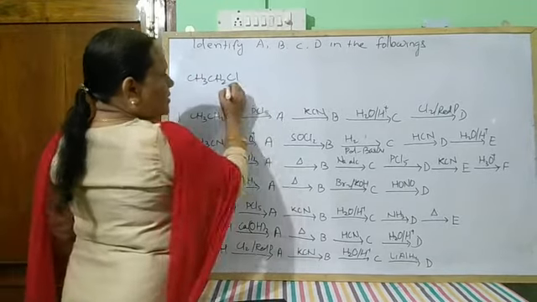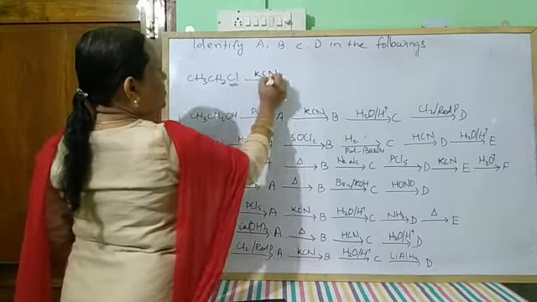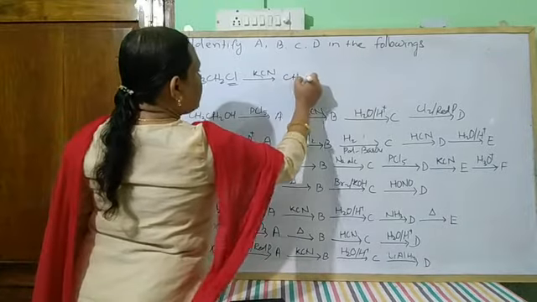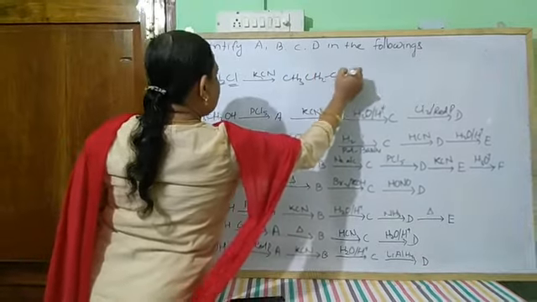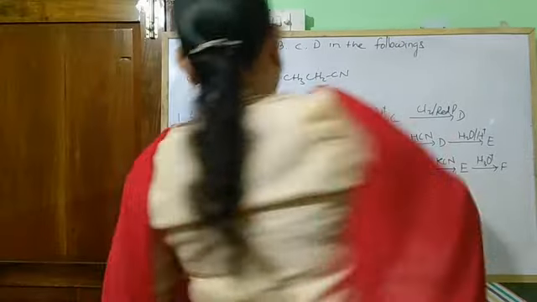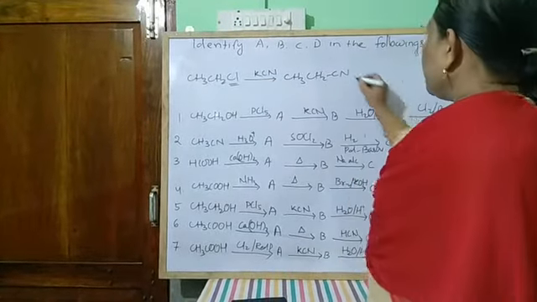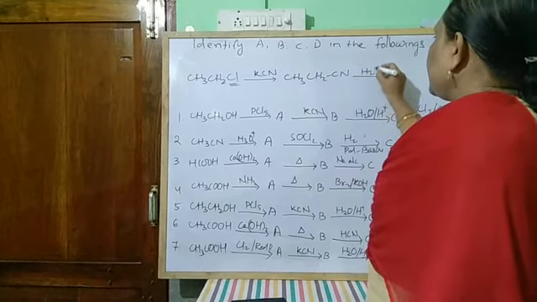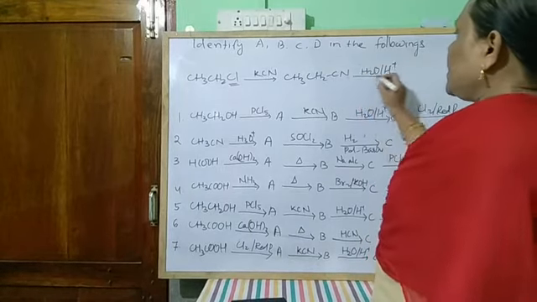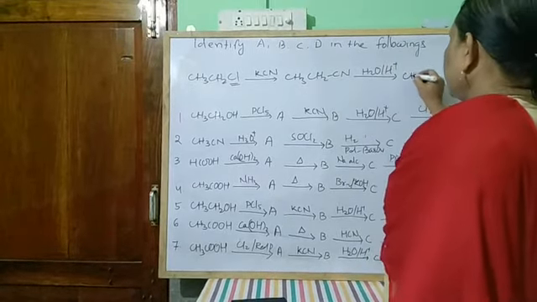ethyl chloride, and it reacts with KCN. When it reacts with KCN, the Cl is substituted by the cyanide group. This is called the nitrilation reaction. So CH3CH2Cl. Whenever a reaction requires an increase in the number of carbon atoms, the nitrilation reaction plays an important role. Then it reacts with H2O, H plus, so this is hydrolysis. Cyanide undergoes hydrolysis in the presence of acid to give carboxylic acid. Hence this one is